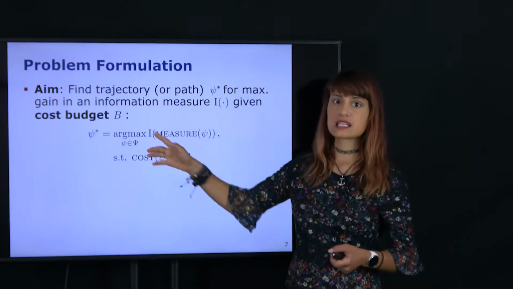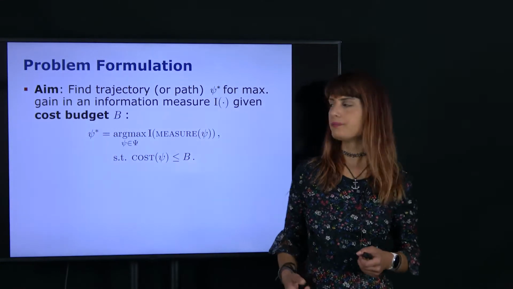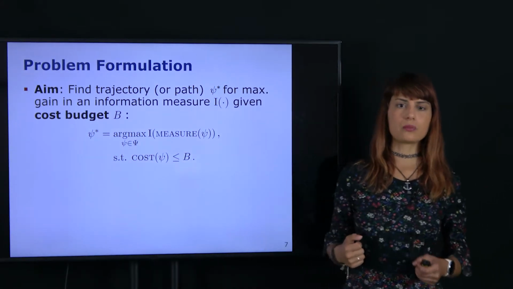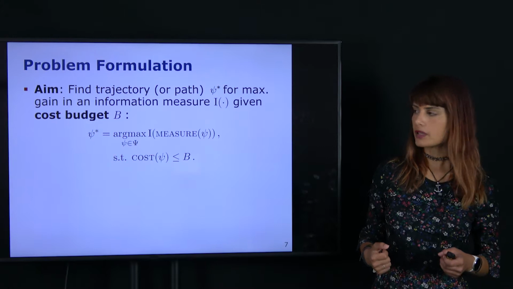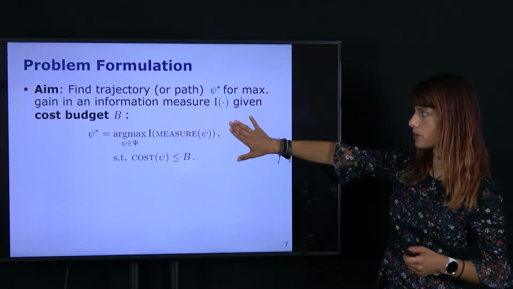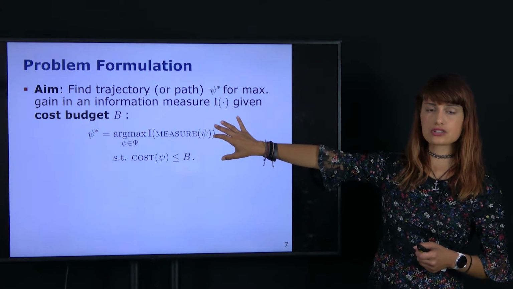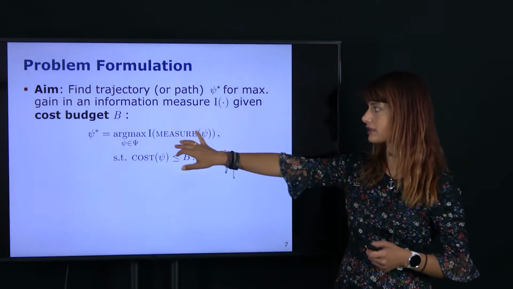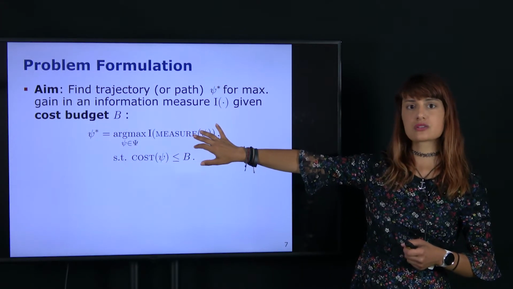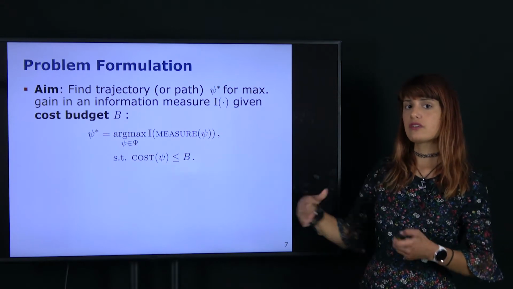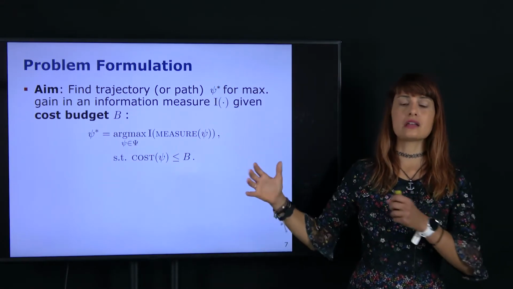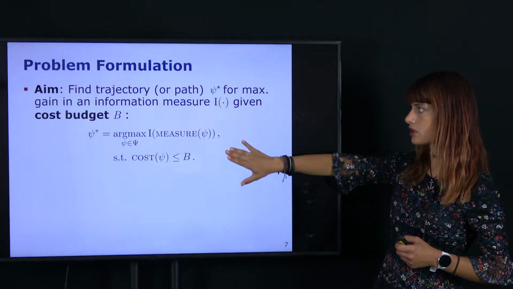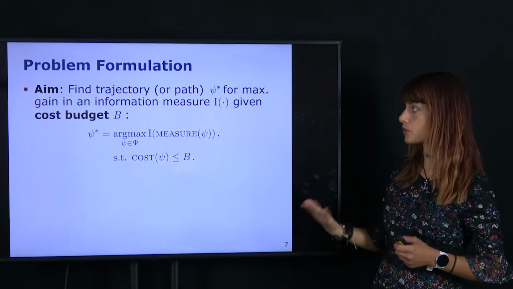So here I is a general or generic utility function, and measure is a function which takes in the trajectory and gives us whatever we measured at that location. So this function gives us a way of evaluating how promising trajectories or paths are. Because if we can derive ways of calculating information gain given measurements obtained from a trajectory, we have a way of comparing different trajectories and then picking the best one in our planning algorithm. So this is like our planning objective function or reward function as to what the robot should do when it